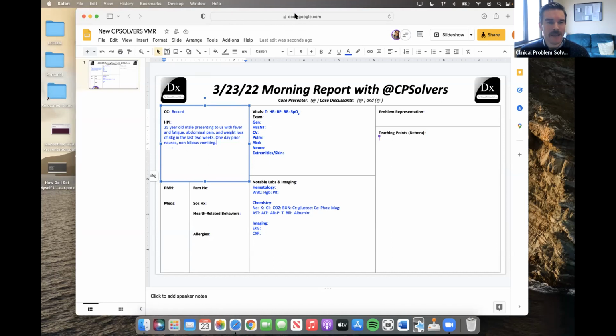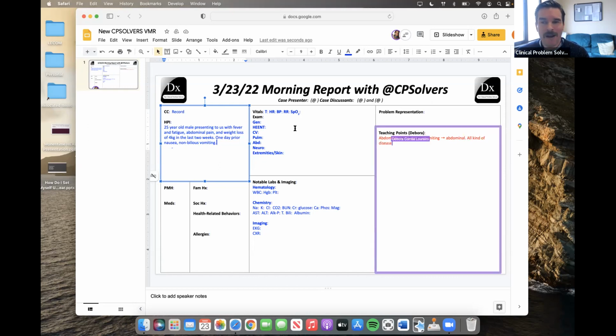We often think about how fever, while it can suggest underlying systemic inflammation, really doesn't help us localize. We often look for organ-based manifestations to help localize. In this case, we have abdominal pain, nausea and vomiting, which may push us to say the center of gravity of this case is going to focus on the abdomen. But in practice, all kinds of different illnesses that either start in the abdomen or have nothing to do with the abdomen can cause these symptoms, right?